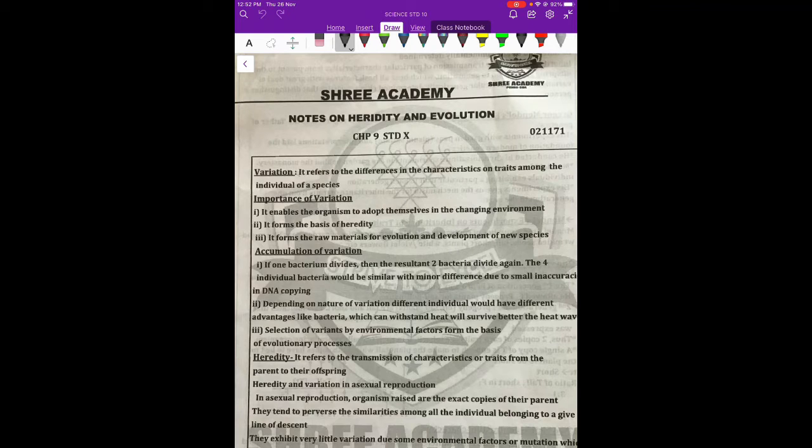What is variation? Variation means there are some traits or characteristics in the parents which are transferred to the offsprings or the children. During transmission, some slight variation or slight change in the traits or the characteristics does take place. Now why are they important? The importance is, first, if variation takes place,